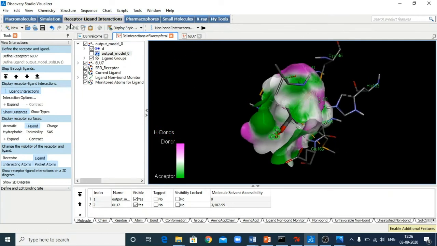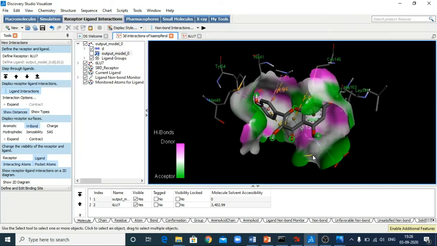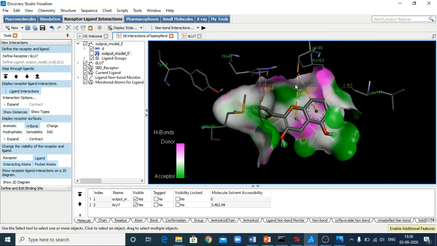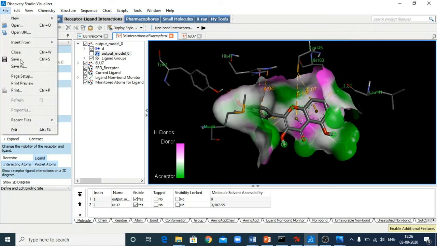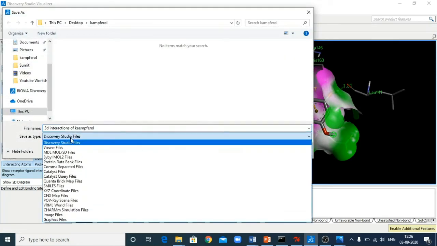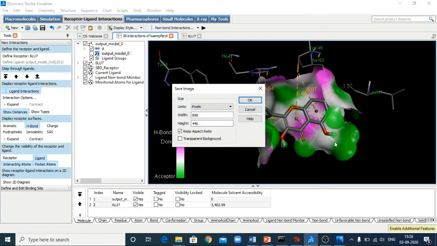If you want to save the 3D interaction structure, what you can do, adjust the proper orientation of your structure and click on the file and save as. In the save as type, select the image file format, give the name as 3D interactions of kaempferol and save.